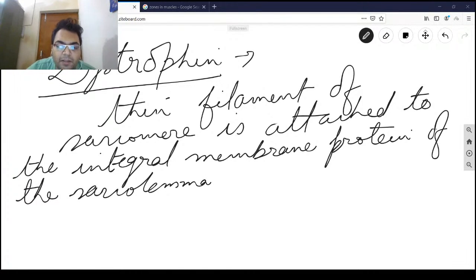That is the sole purpose of your dystrophin protein, which are in turn attached to proteins in connective tissue matrix. Means the integral membrane proteins of the sarcolemma are in turn attached to the proteins in the connective tissue matrix, that is the extracellular matrix which surrounds the muscle fibers,